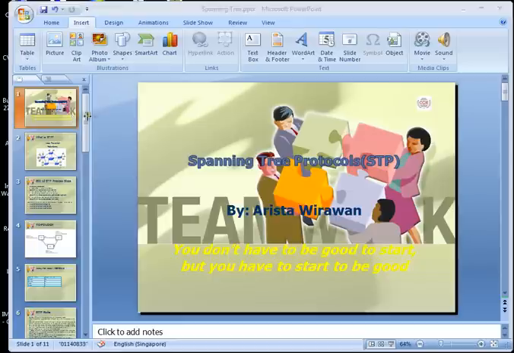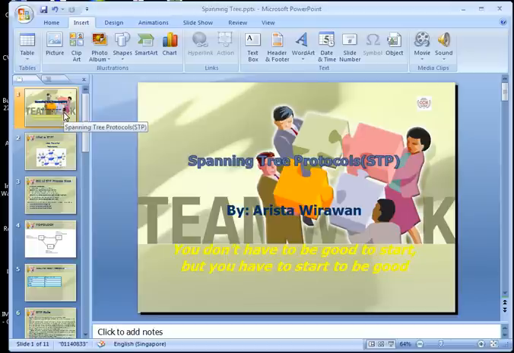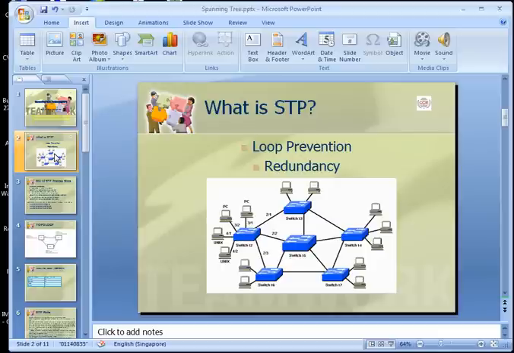Today, I want to share with you about spanning tree protocol, one of the most important protocols for the LAN switch environment. So, what is the spanning tree protocol? First, there are two things that spanning tree is doing. The main function of the spanning tree protocol is to prevent loops in the switches environment and at the same time